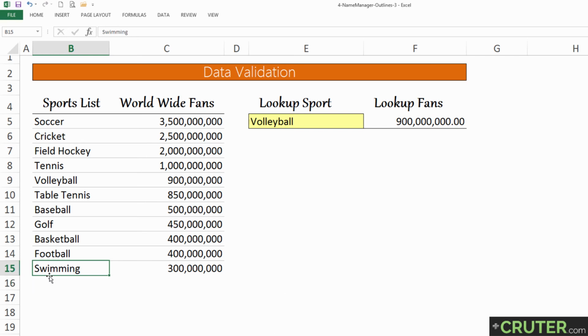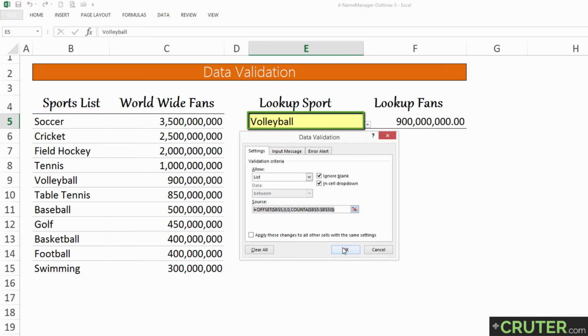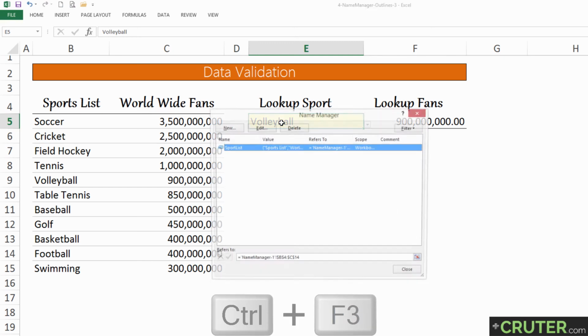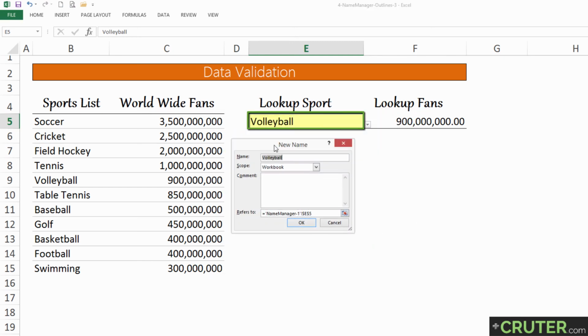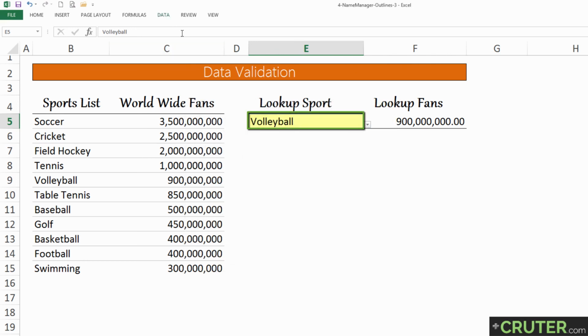So I'm going to delete this, but what would be even easier is if we could take the offset formula that we typed here and put it in a named range, and then reference that named range in the data validation. So we could do this as well. I'm going to hit OK, and then hit Control F3 to pop into the Name Manager. I'm going to create a new name, which is going to be called Sports, and I'm going to have the scope so that it's only able to be used on this tab, and it refers to this offset formula. And I'm just going to press OK and close,